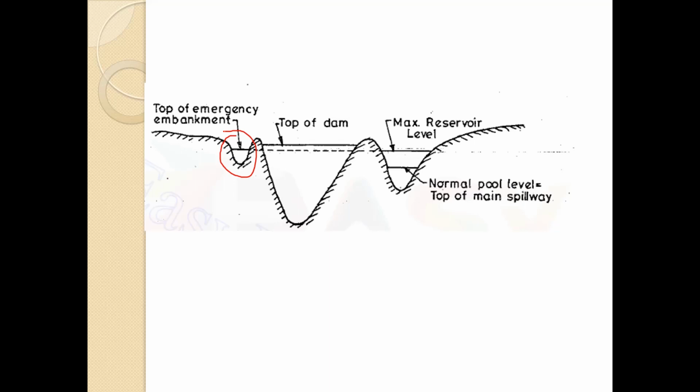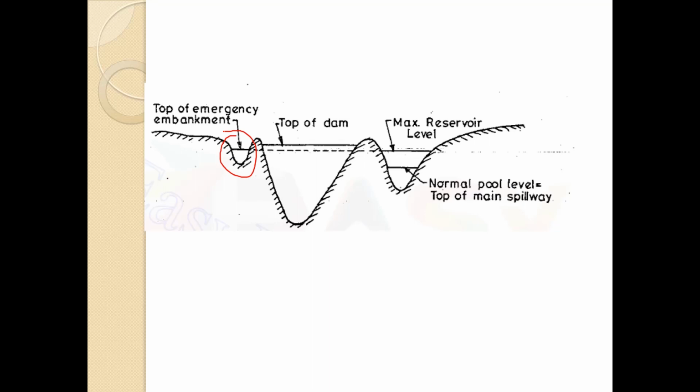So here you can see the main spillway is constructed to dispose of the design flood above the normal pool level up to maximum reservoir level. It is situated near the dam or one end of it, or independently in the saddle away from the main dam. A separate independent spillway is generally preferred for earthen dams, although due to non-availability of sites, the concrete spillway is sometimes constructed within or at the ends of the earth dam.